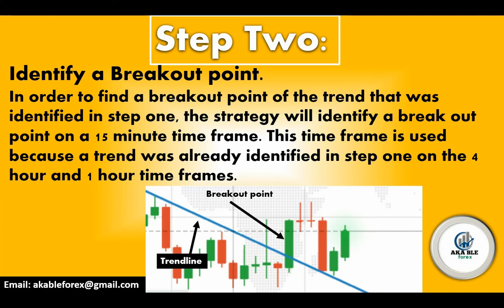This is a signal to go to step 3, because in step 2 you need to identify the breakout point, and we observe it. When you see the chart, we observe that the green candle has broken the trend line, right? It means that you were able to identify it. So you have crossed step 2. Now you need to move to step 3.